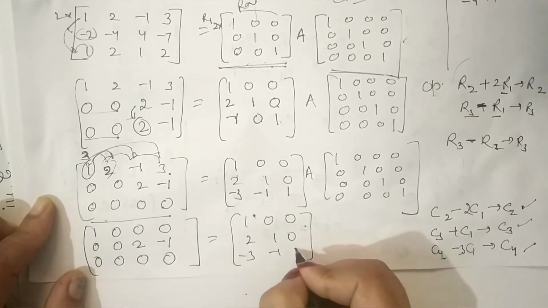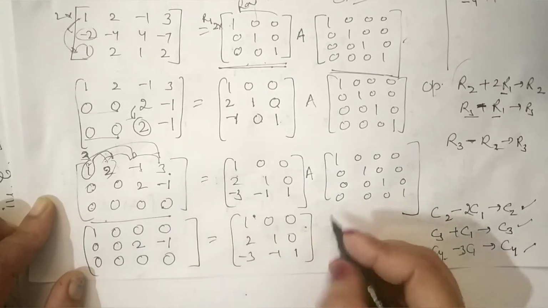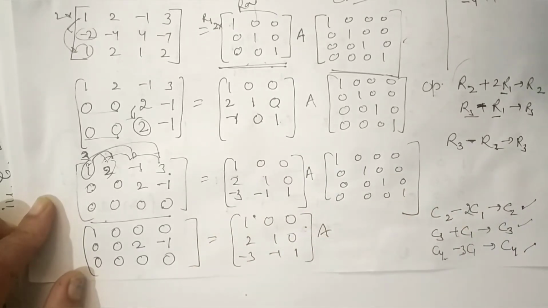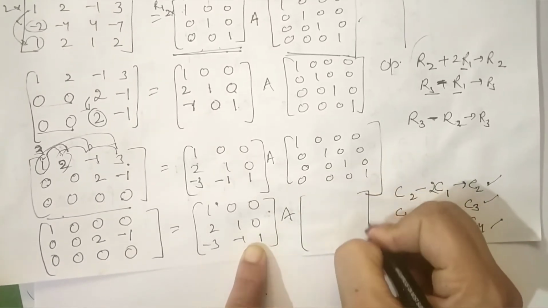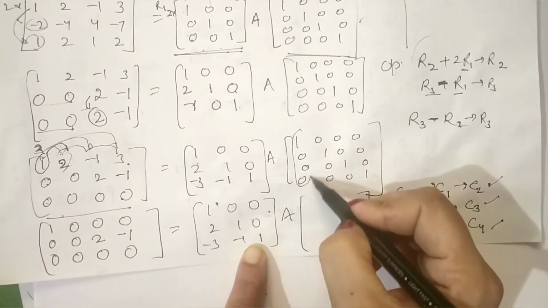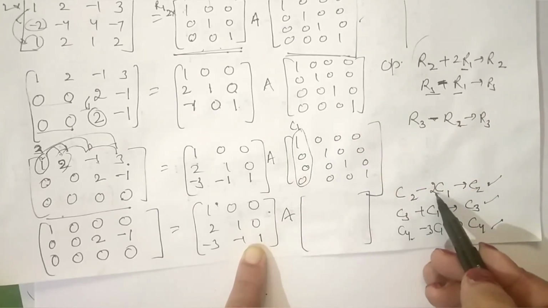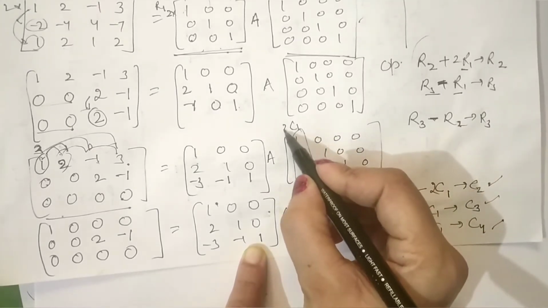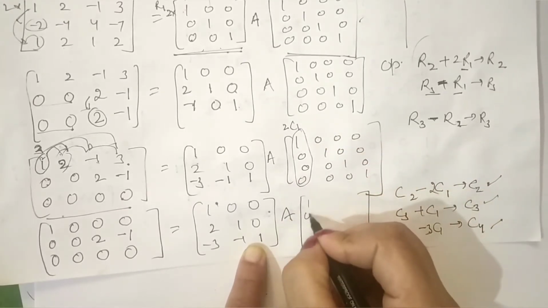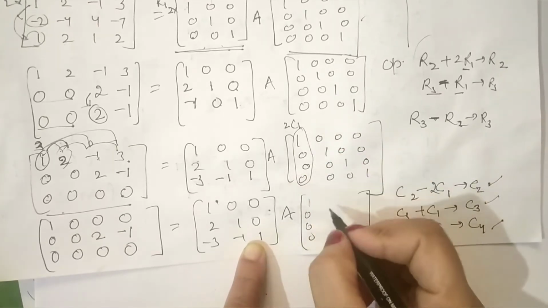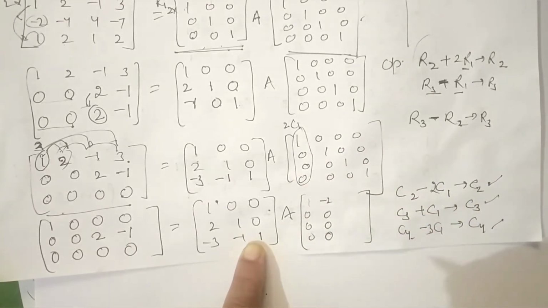Right, the same operation will be performed on the column matrix, this one. So first the row matrix is kept the same. Now we are going to perform column operations on this matrix. So the same operation we are doing here. This is our column 1. What we have done: first column 2 minus 2 into column 1, 2 into column 1 subtracted from column 2. So first column is as it is, then 0 minus 2 is minus 2, 1 minus 0 is 1, 0 minus 0, 0 minus 0.